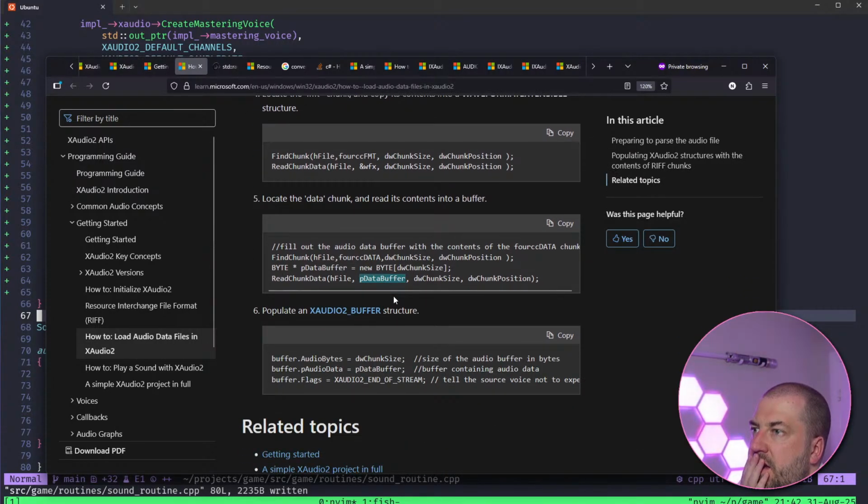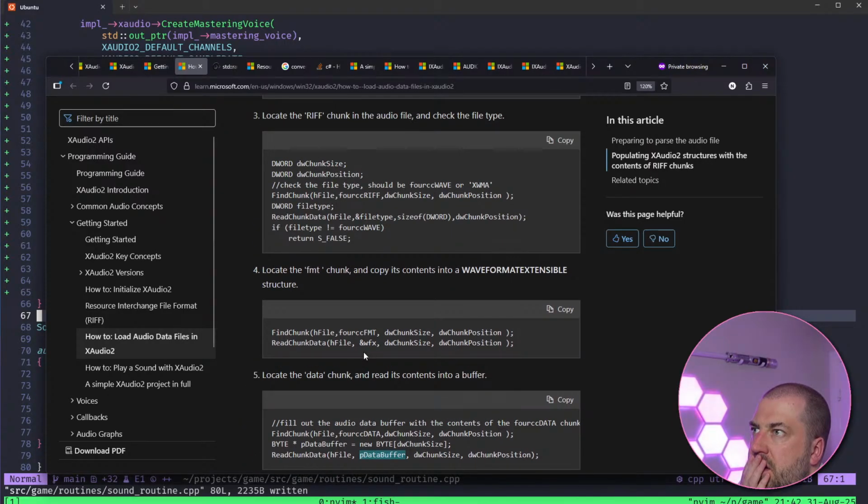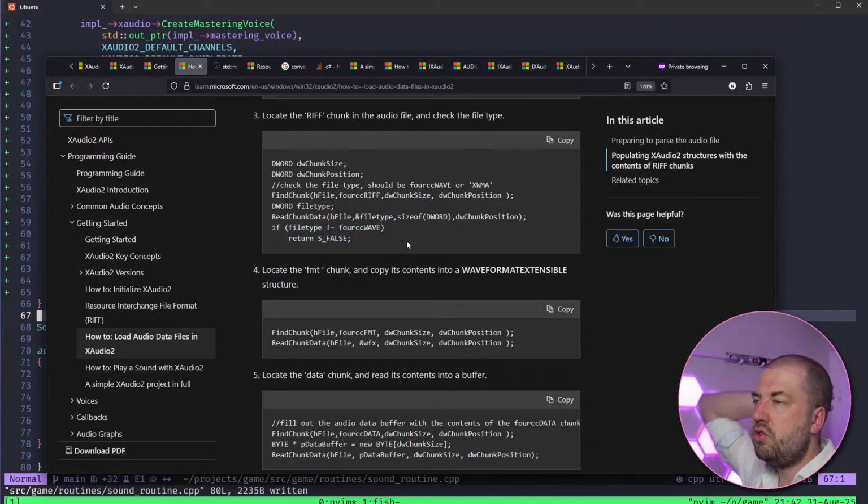And then, oh, this is just for sanity checking. It's a WAV file. Interesting. Okay, so the RIFF data literally just contains file type, which we assert. So I'm probably going to skip that, although we should actually sanity check it to check the file was converted correctly. Okay, I understand it now.